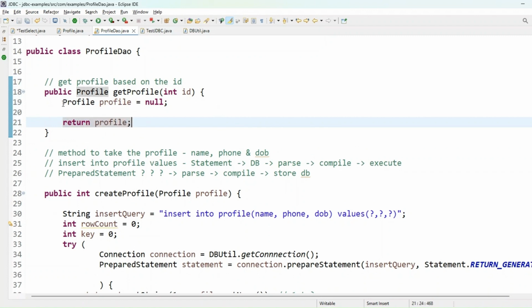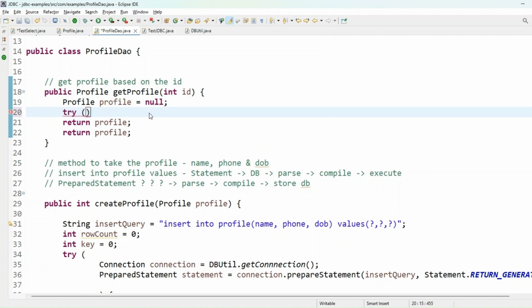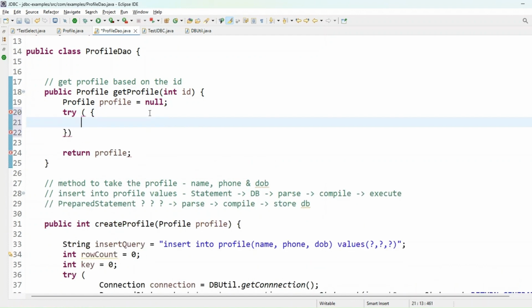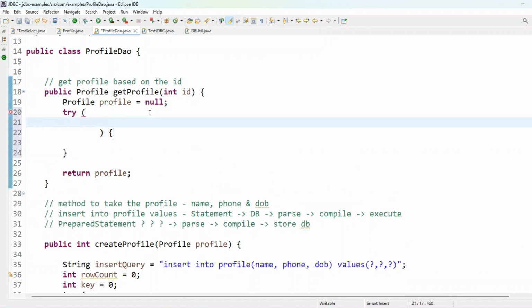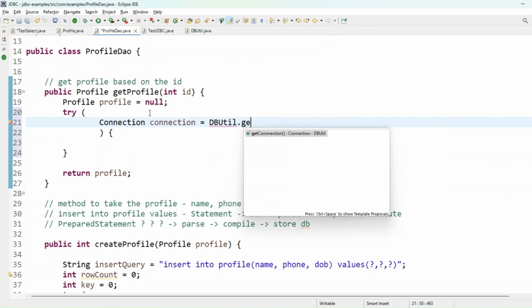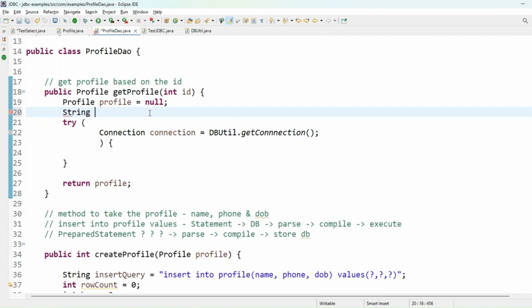But once I write the code in between these two lines, I should be able to get the profile object based on this ID. In case that ID is not present, the profile will be null. So we will use the try with resource, but we will just create the connection by using that reusable code. So that is connection equals DBUtil.getConnection. We can create the query that is going to be select star from profile where ID equals to question mark,